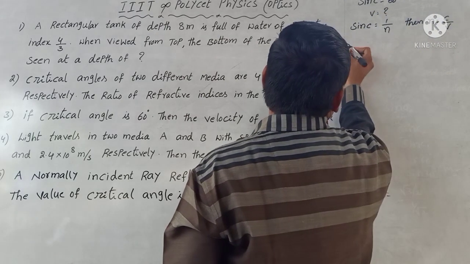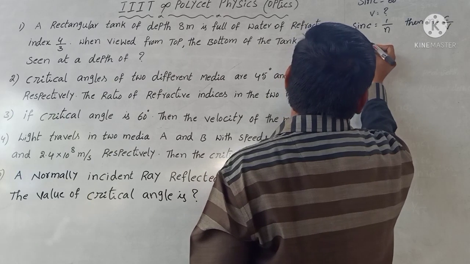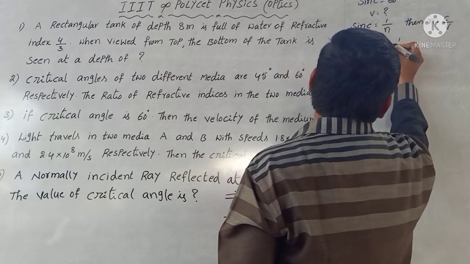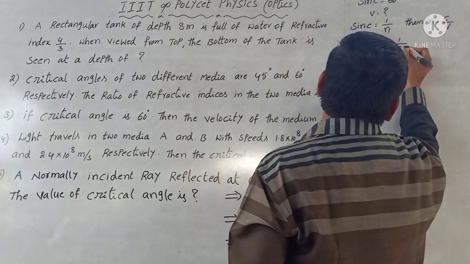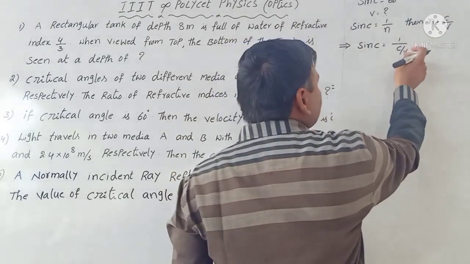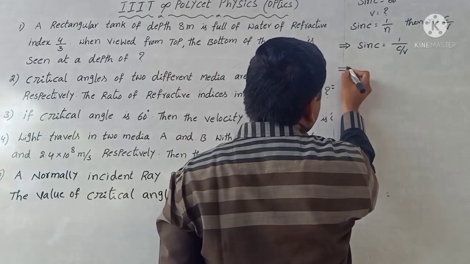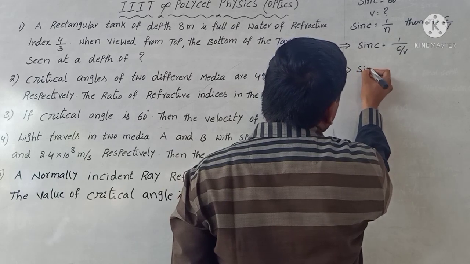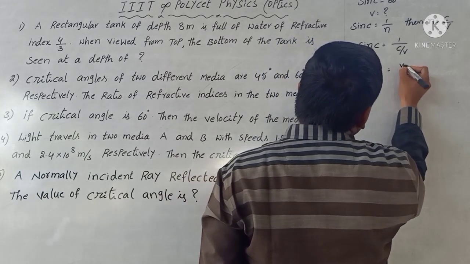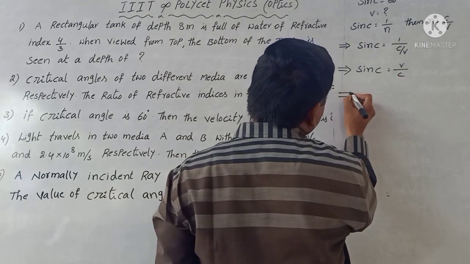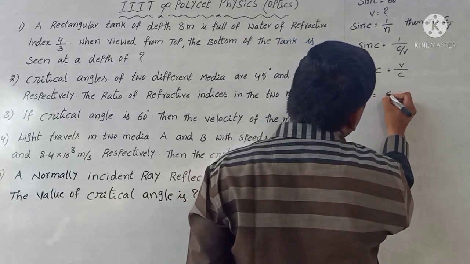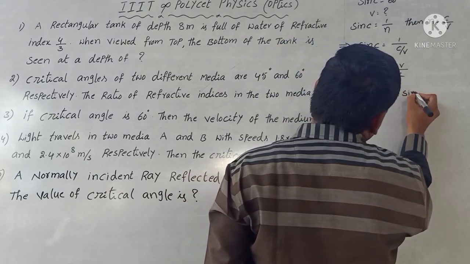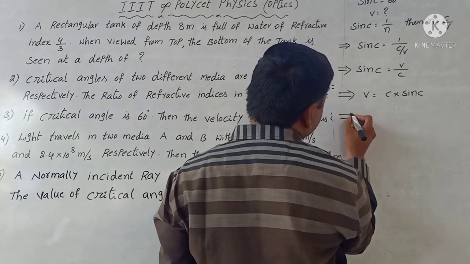That implies we substitute sin C equal to 1 by n, and in place of n we write c by v. So we take it to the numerator place. Sin C is equal to v by c. Then the velocity of light v is equal to c into sin C. That implies